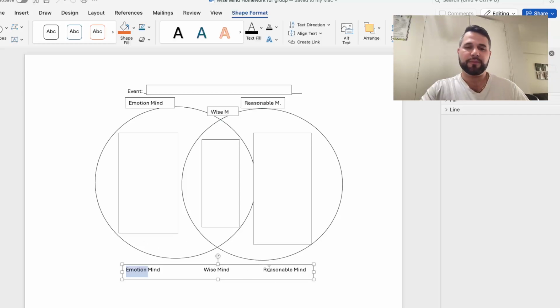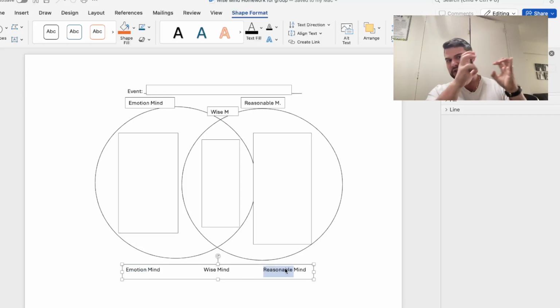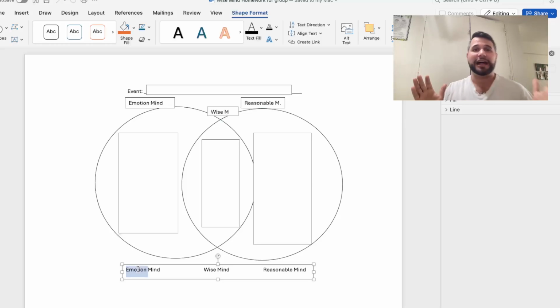The thing is, if we go purely to reasonable mind, if we try to suppress our emotion mind completely and say, I give up on my emotions, they suck, I will not follow them, then we get into big trouble, because that's not how being a human being works. Eventually, we will swing back into emotion mind and the rager will happen again. So what do we do? How do we get out of this pendulum swing?